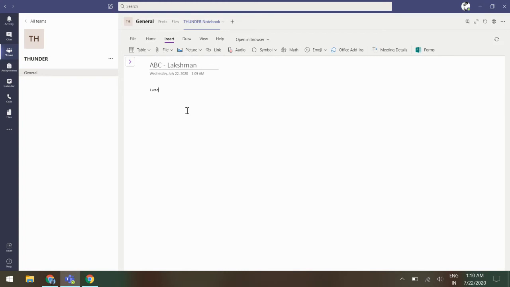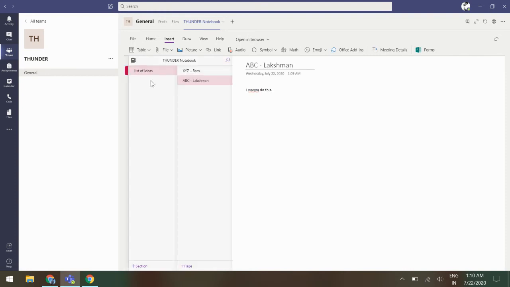He puts all his ideas into this. So basically what's happening is this is the first phase, list of ideas. The friends or teammates keep adding pages and putting their ideas, all their rough sketches, clicking images and putting them here, and your entire team can see it.